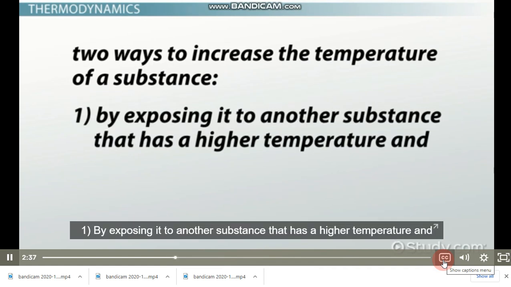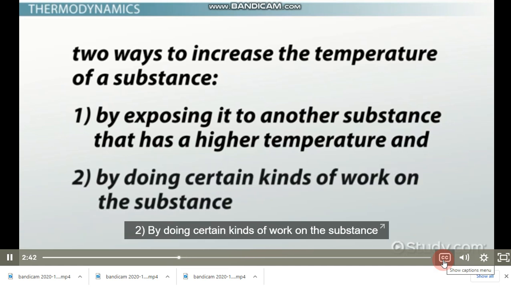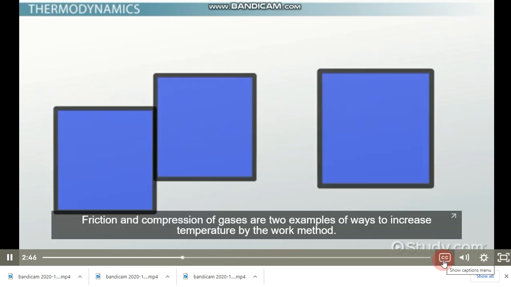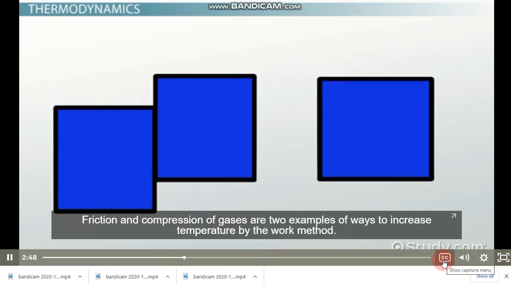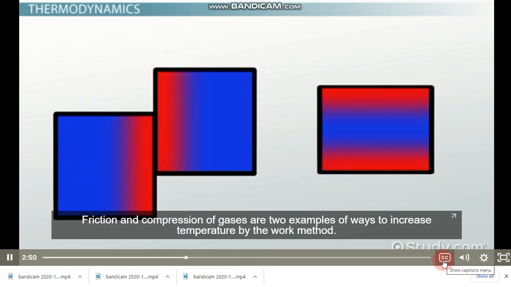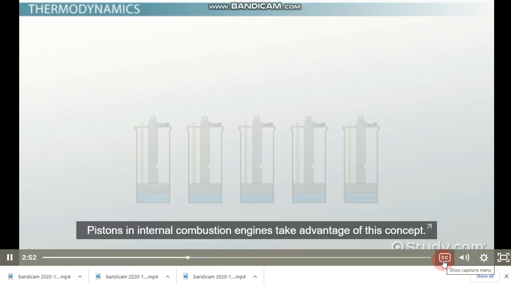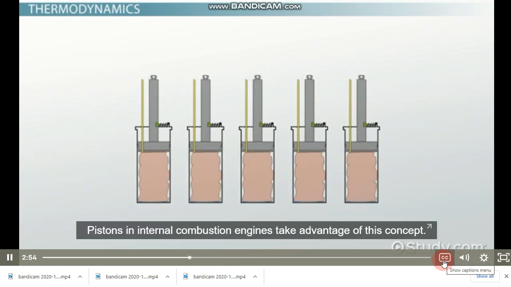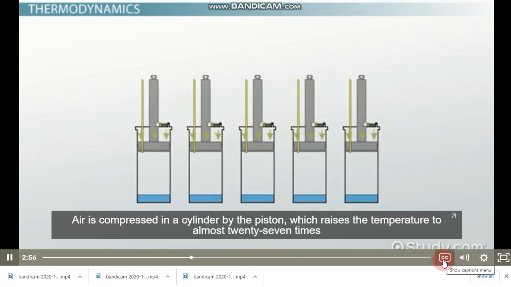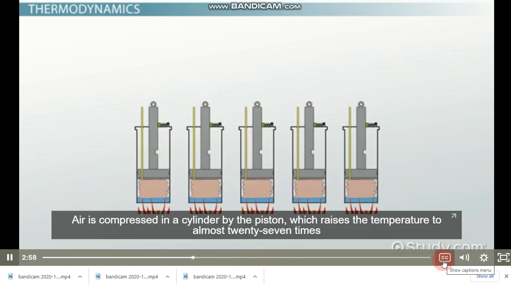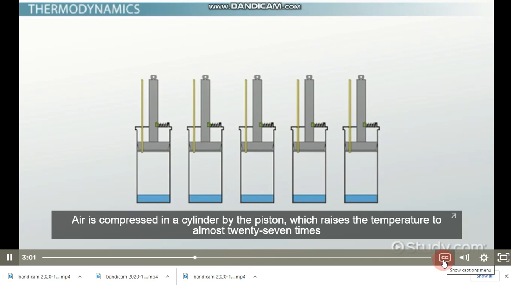1, by exposing it to another substance that has a higher temperature, and 2, by doing certain kinds of work on the substance. Friction and compression of gases are 2 examples of ways to increase temperature by the work method. Pistons in internal combustion engines take advantage of this concept. Air is compressed in a cylinder by the piston, which raises the temperature to almost 27 times the temperature of